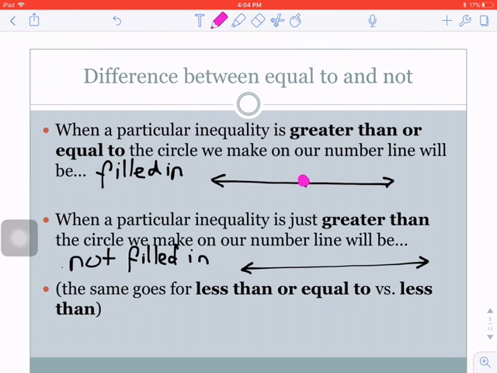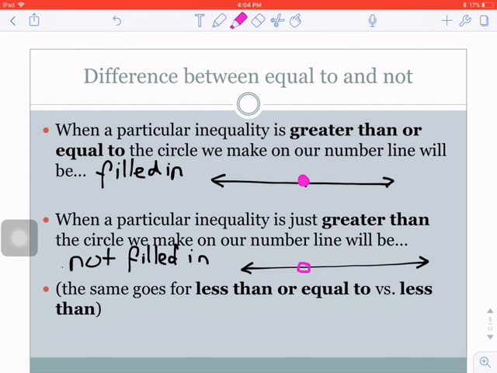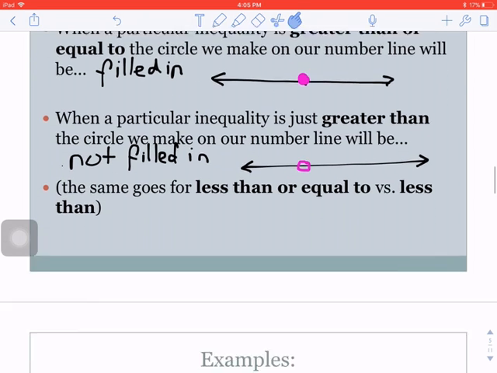So here's an example of not filled in. You're going to see it that way. And then the same goes for the less than or equal to versus the less than. So obviously we're going to shade these two. It could be a shading of this way or this way. Similarly here, it could be this way, which would be greater than, or this way for less than. So that depends on the specific expression that we're talking about. All right, let's move on with some